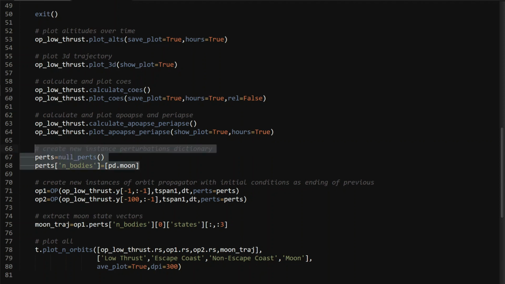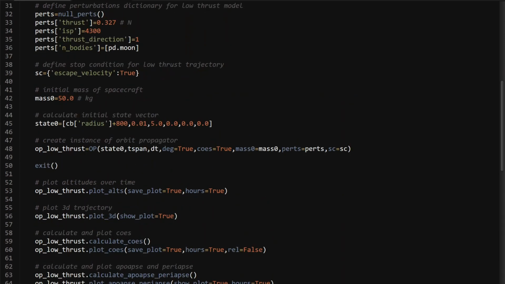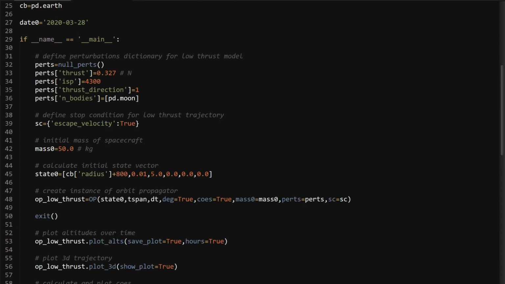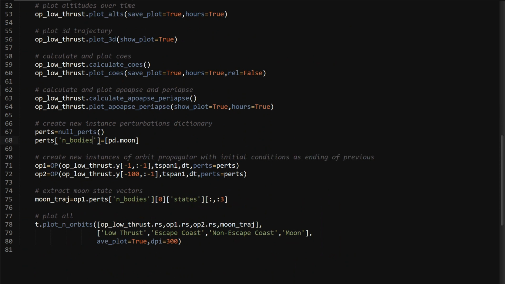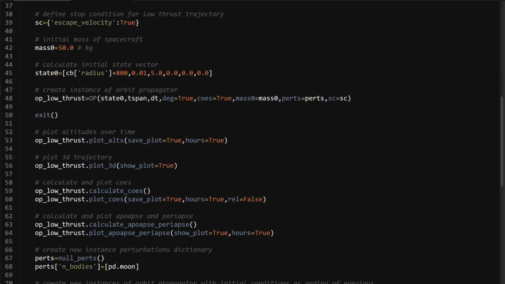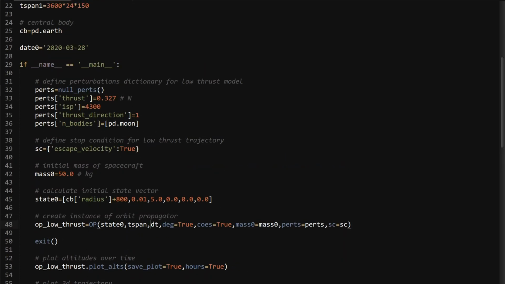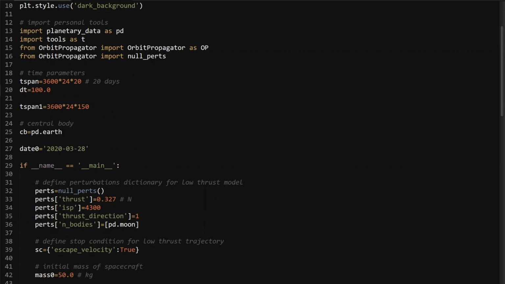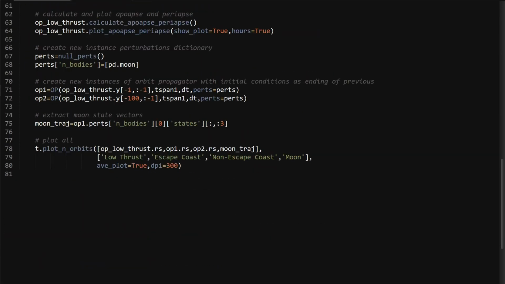You have to make sure you make a new perturbations dictionary, because if you just use the other one, you'd still be thrusting, and you don't want that for this one. The second one is, say you stop thrusting 100 steps before that, where I made the dt equal to 100 seconds. So you stop thrusting 100 times 100 seconds before that, and then